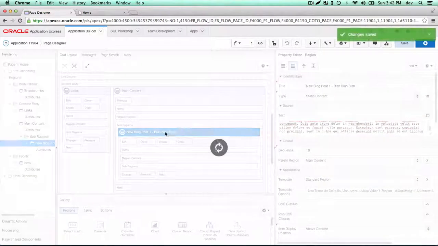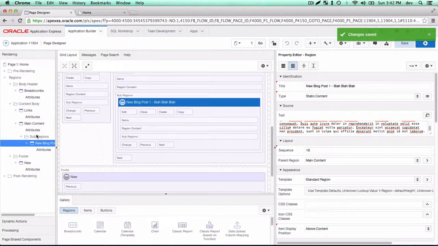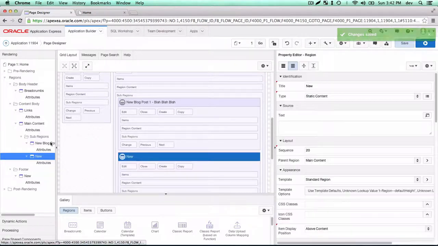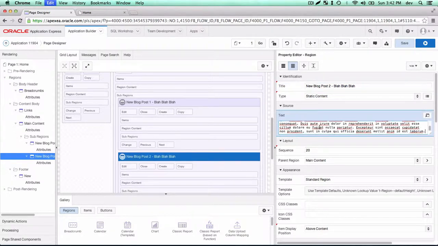We'll save that, and then we'll add another subregion, and we'll call this new blog post 2. And then we'll go edit